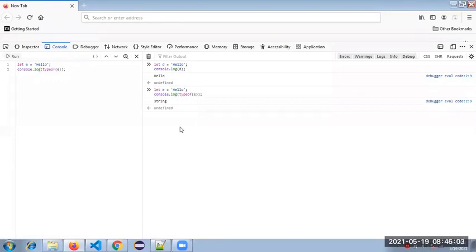We have seen number, big int, undefined, string, and let me see boolean also.